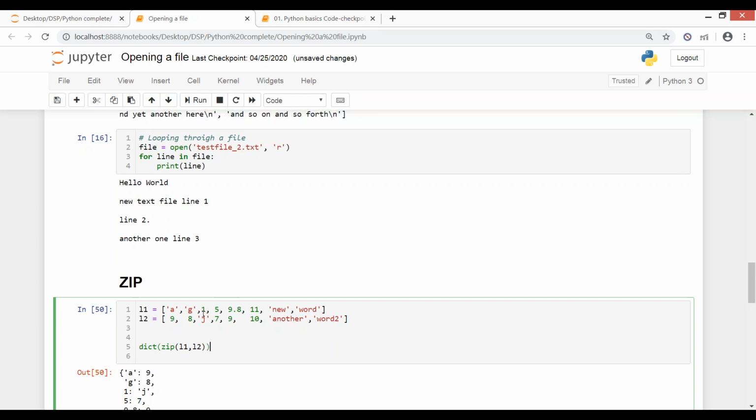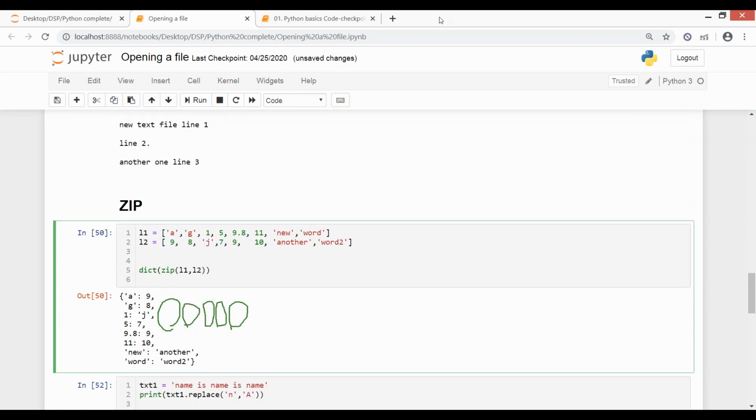Okay, so when I do a zip, I'll get this kind of result, the respective index combinations. To explain it a bit, I made it spacious. So I'll get a combination of this, and a combination of this. All these two values from list 1 and list 2 will be written together. So at the second index this combination, at the third this combination. That is when you want to club two values together and those two values come from different lists. In that case we use the functionality of zip. So I've written zip, and what I want to zip is L1 and L2 together, and I want the result in the form of a dictionary.